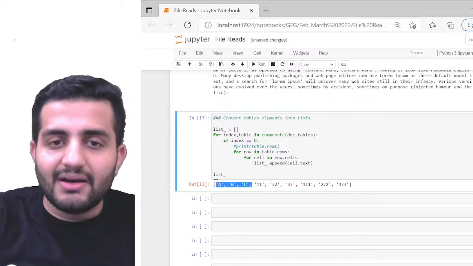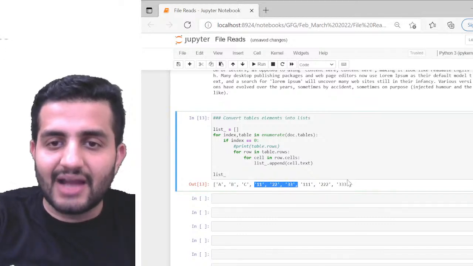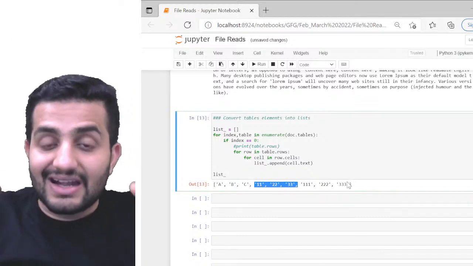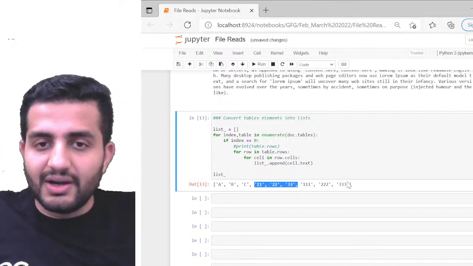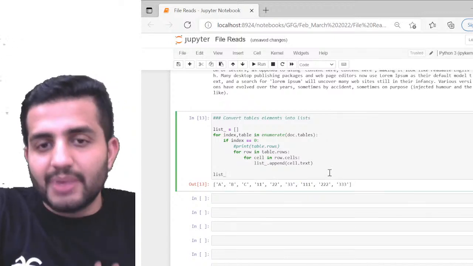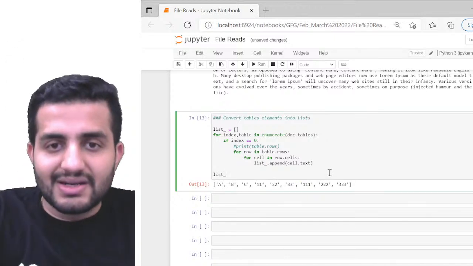So this will be my header. This will be my first element. This will be my second. I can do whatever I want on top of this, but at least I have the content in the form of a mutable format, right? I have it. You got it? So one easier way is a very simple way to write the code. I hope I'm able to make sense, right?